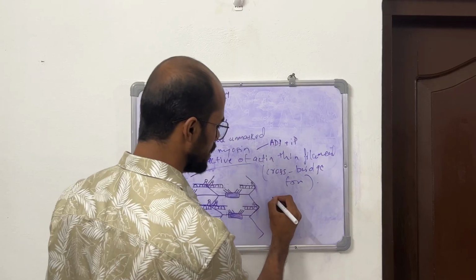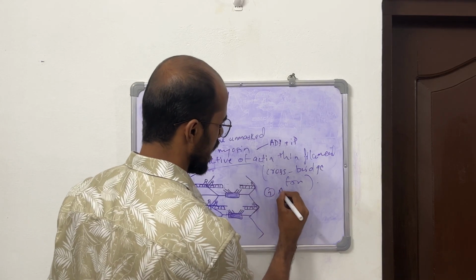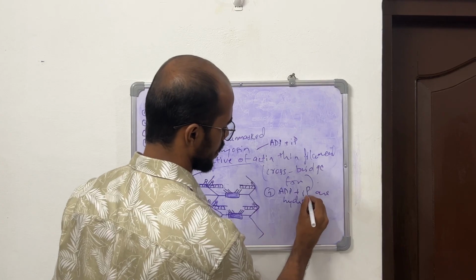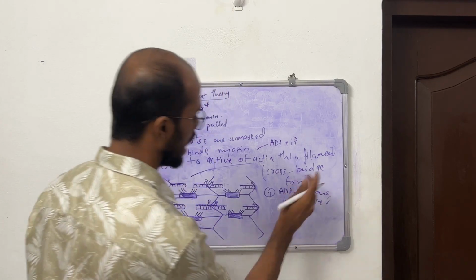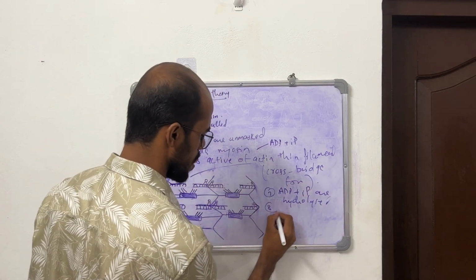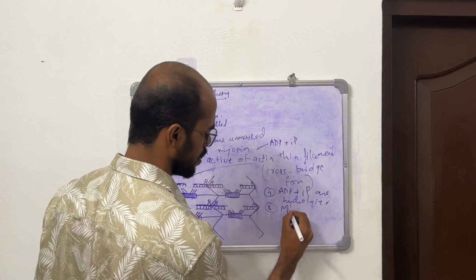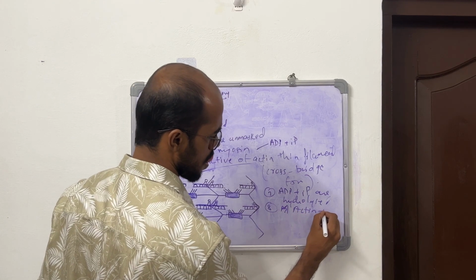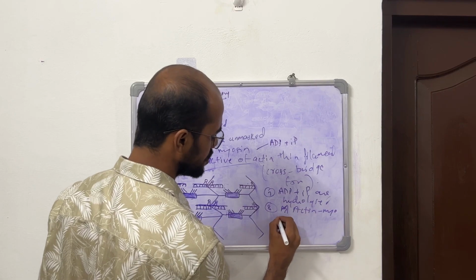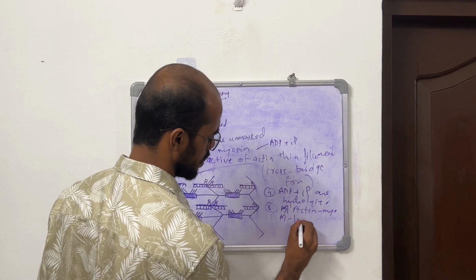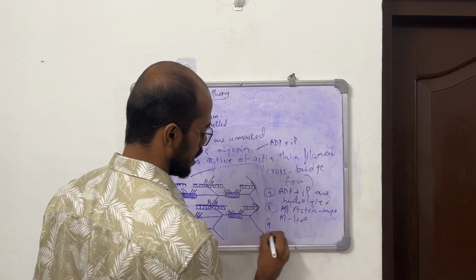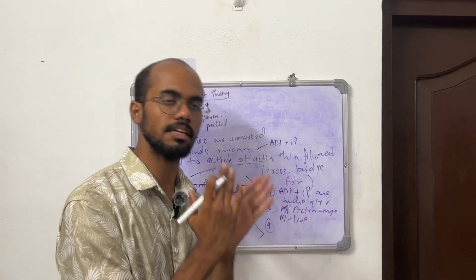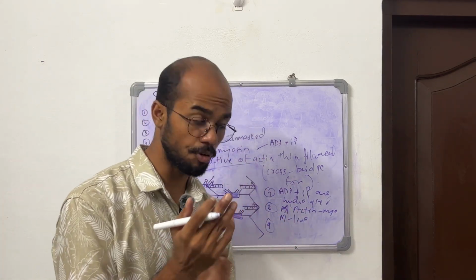The produced ADP and inorganic phosphate are released. Okay. And when they are released, what happens? The actin myosin complex is pulled towards the M line. Okay. Now, in order for the actin myosin complex to break and bind to another,